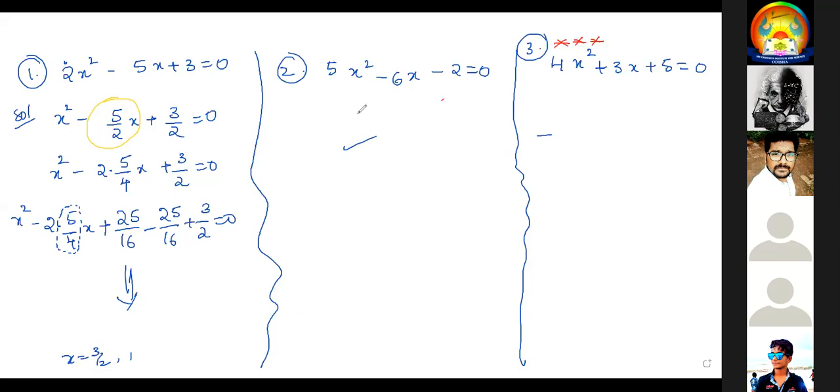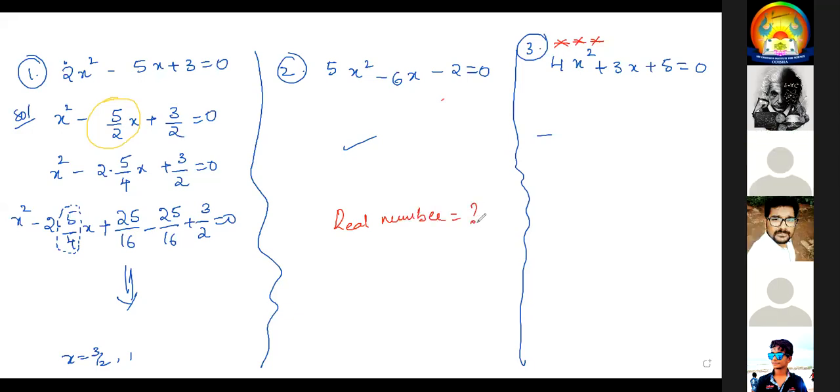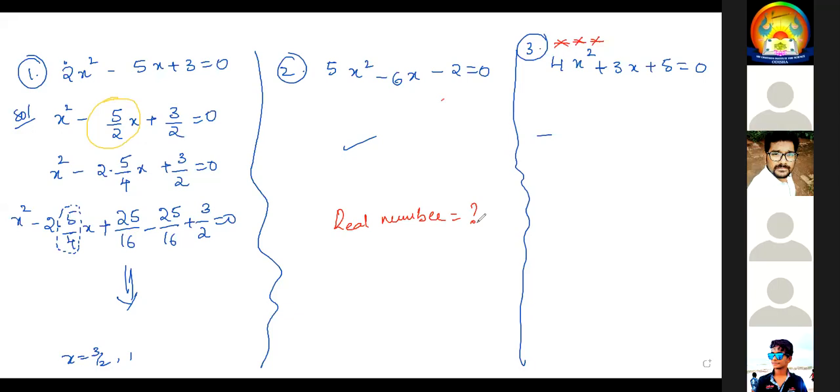Okay. Meanwhile, those who are doing, those who already did, speak with me. Can anyone define what is a real number? A number which is in p by q form and q not equal to 0. And what is a rational number, Ravaj? He said the definition of rational number. I'm asking the definition of real number. Sir, collection of rational and irrational numbers. Okay. Then what is an irrational number?